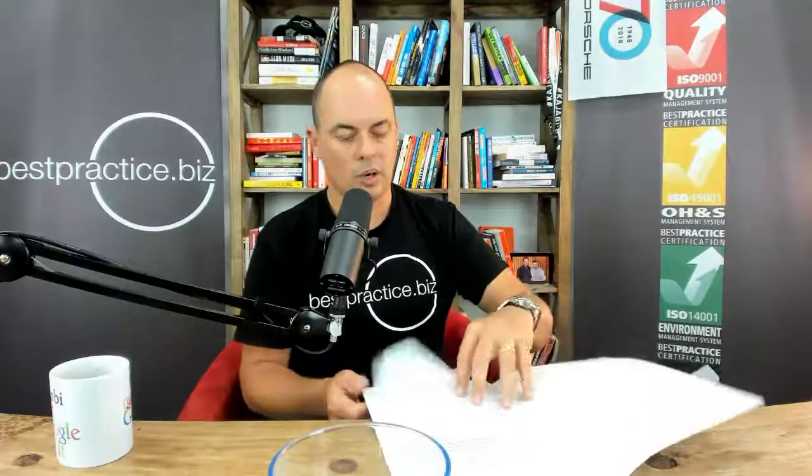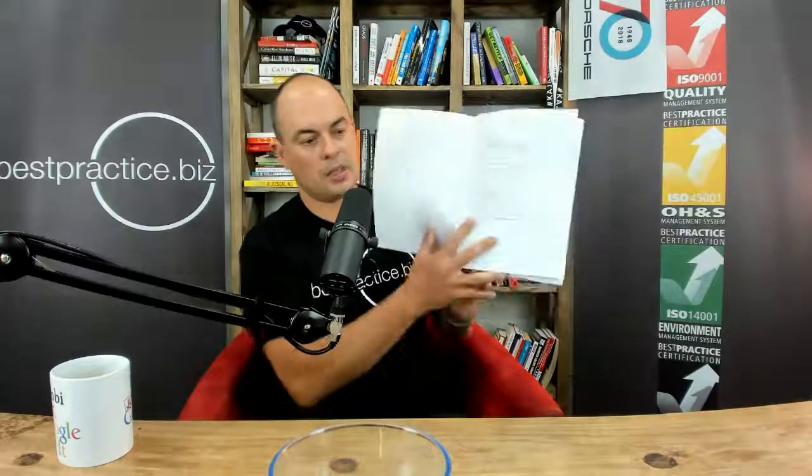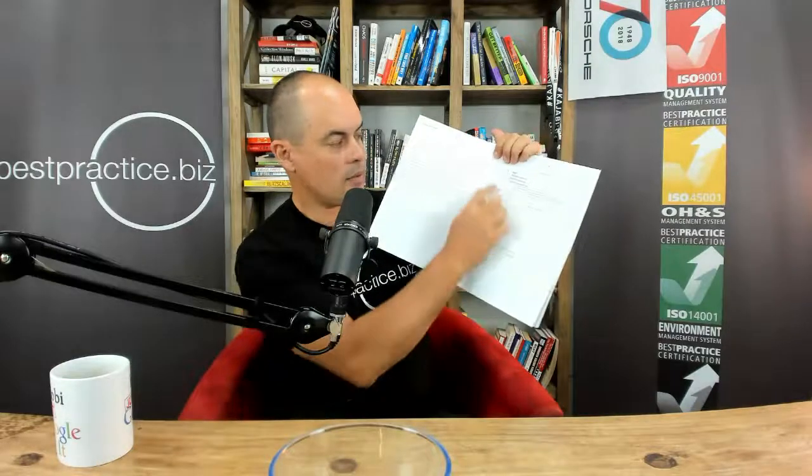One of the third most common questions that gets asked on Google, and also of us here at Best Practice, is: what are the requirements? Well, the requirements are here in the standard. It's not a very big document. You can see in its printed form, it's not huge. We can go to the contents page, which asks what the requirements are. So it basically says there's a requirement to understand the context of your organization.